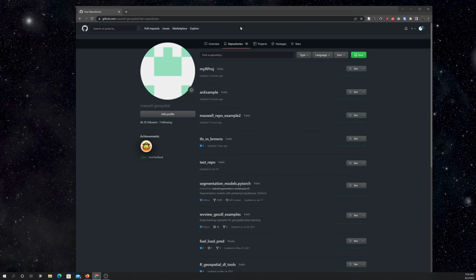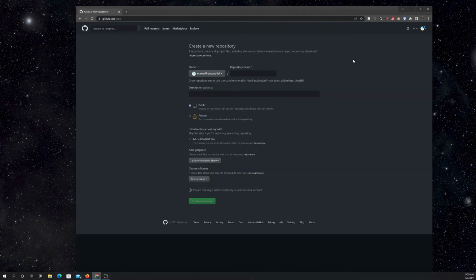Okay, so initially you're not going to have any repos under your repo list here. So to initiate a repo, you just simply click on New. And what you want to do is not click on anything. So just leave everything to the defaults. This owner should be you, and then the repository name here is whatever you want to call it. So I'm just going to call it my